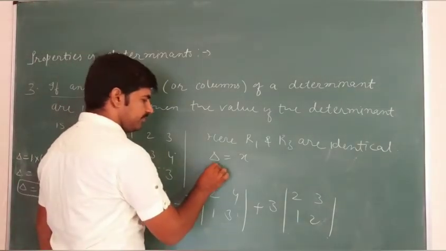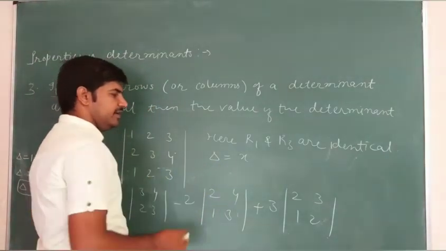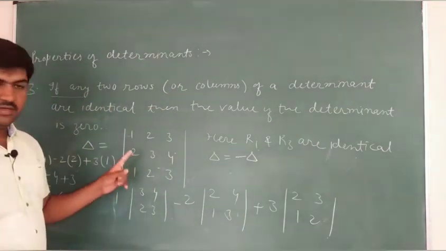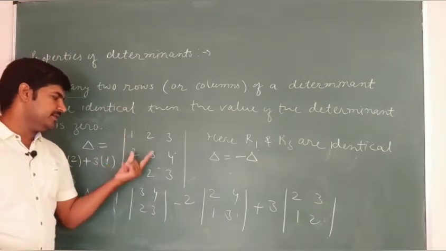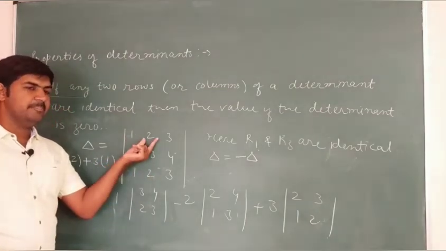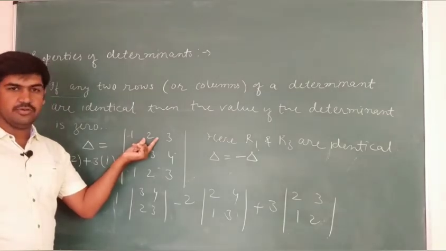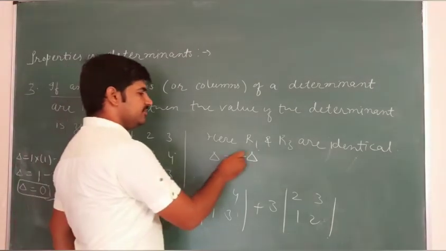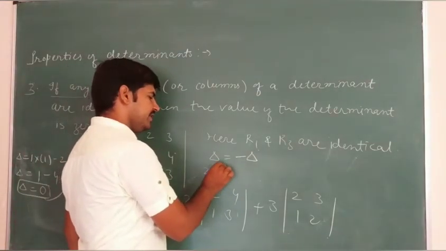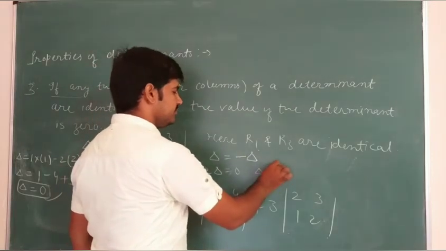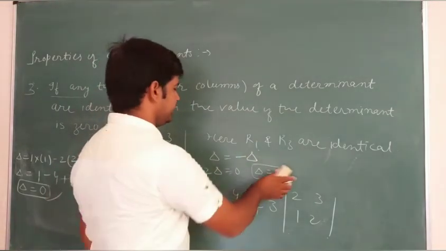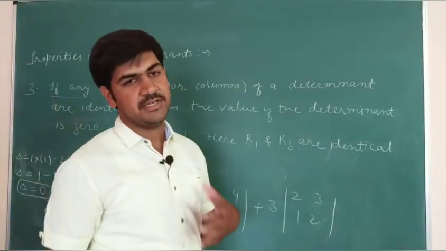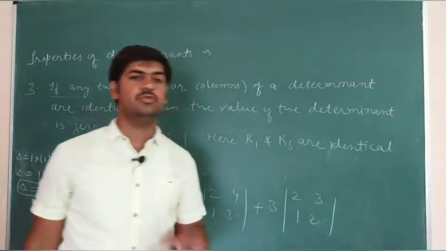So when we interchange any two rows, the negative of del will also be the same. Have you understood? Since if we interchange R1 and R3, we know that the sign of the determinant changes. So we have del is equal to minus del, and then twice del is equal to 0, which implies that del is equal to 0. But verifying it by taking an example is better than this one, and we will be verifying all of the properties of determinants by taking examples only. I am sure you have understood these two properties also.